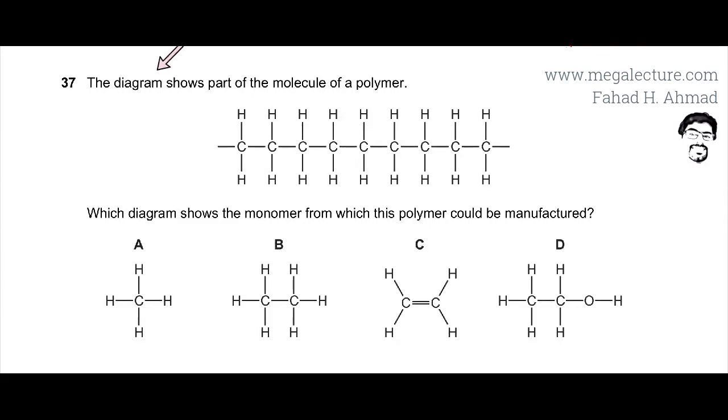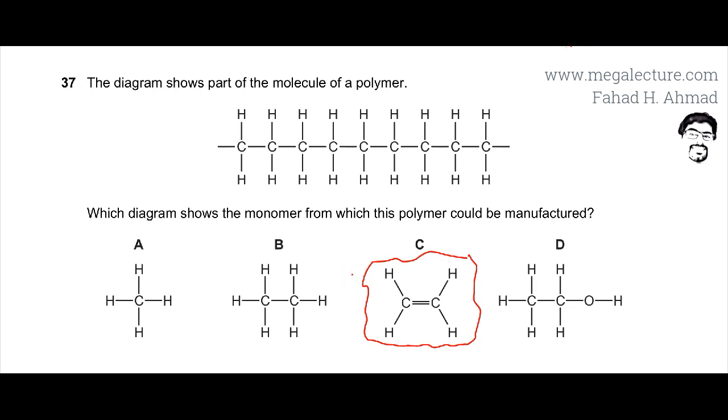The following question reads: the diagram shows part of a molecule of a polymer. Which diagram shows the monomer from which this polymer could be manufactured? Now, it's a polymer, and it's a product of addition polymerization. So the only option that you're going to be left with is this one, and I'm going to show you